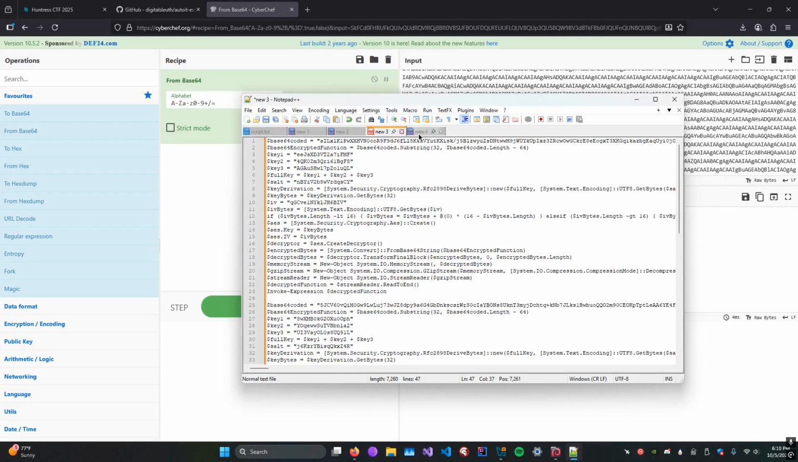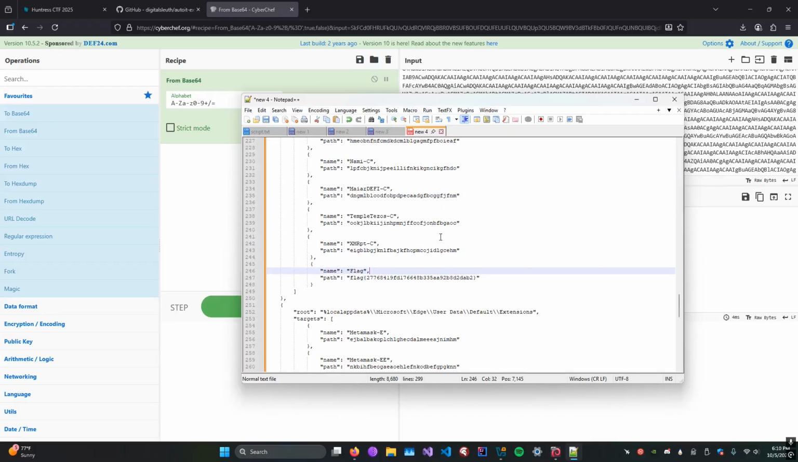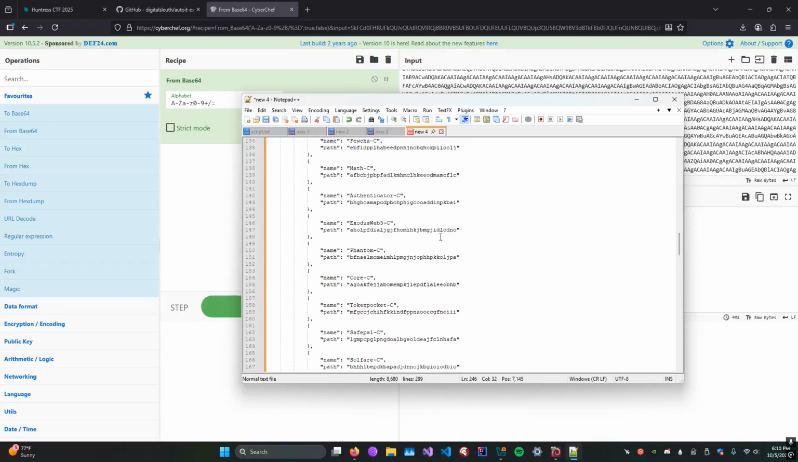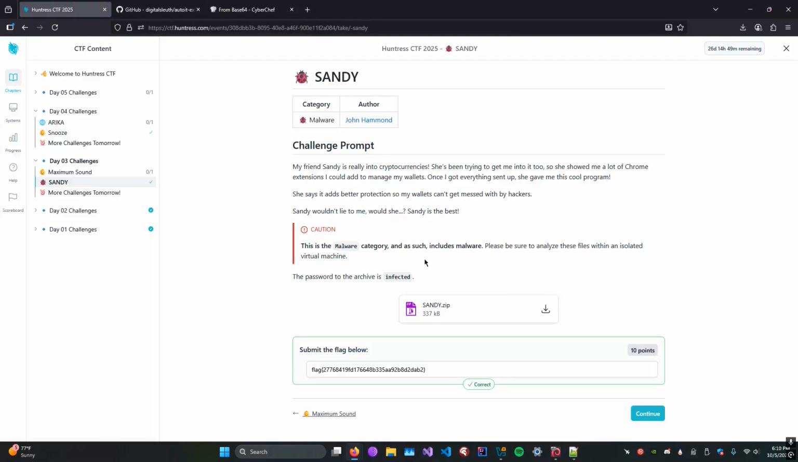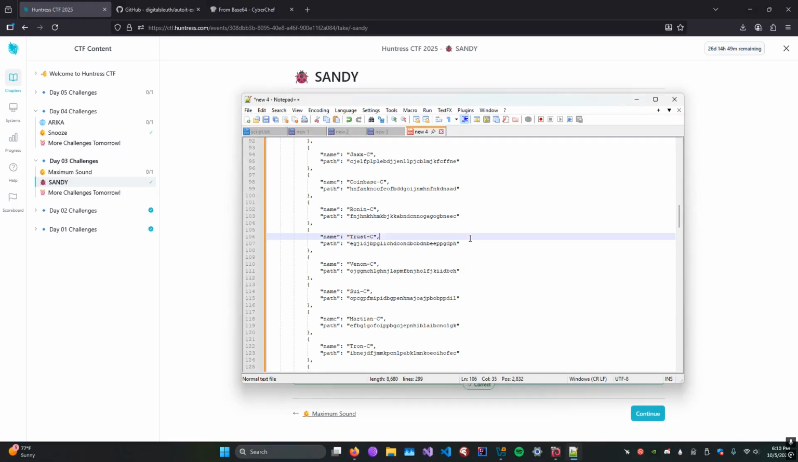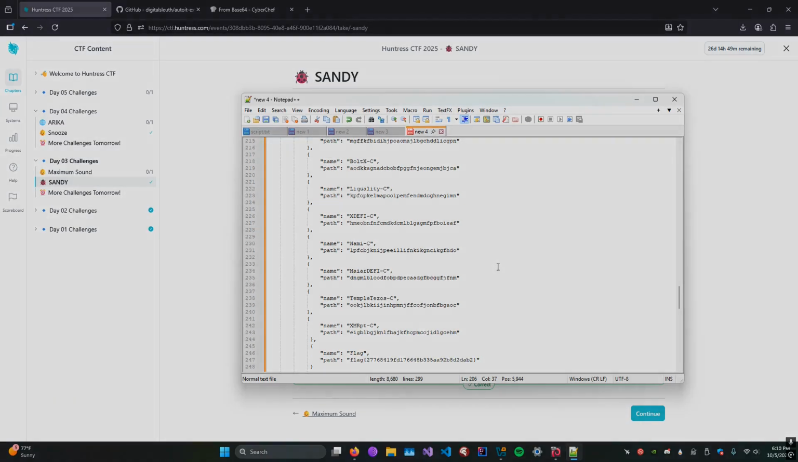Looks like this is a, yeah. Let's go back here and see what it says. Really into cryptocurrencies. Yeah, a lot of Chrome extensions. Yeah, so this might be like a wallet stealer, something like that. Probably what it was originally before they removed the malware. Anyways, kind of interesting. So hopefully this